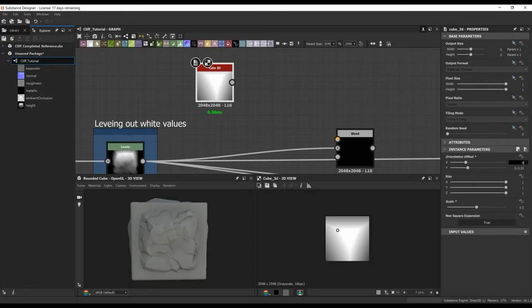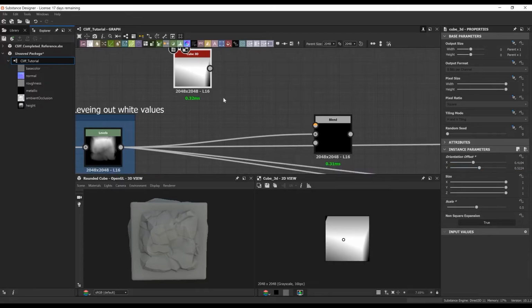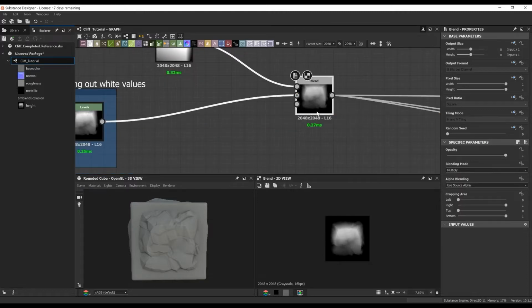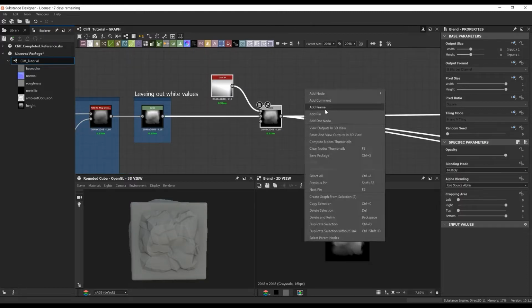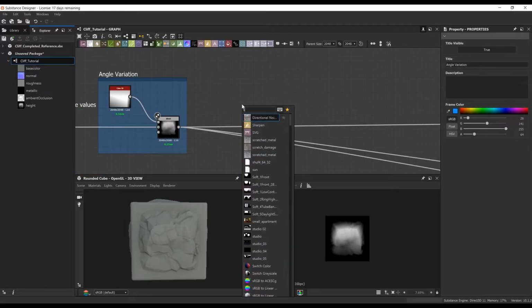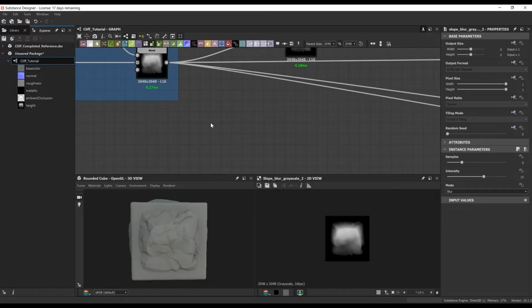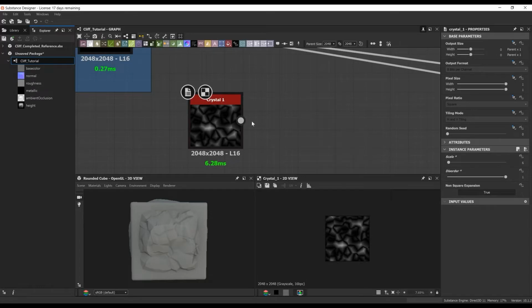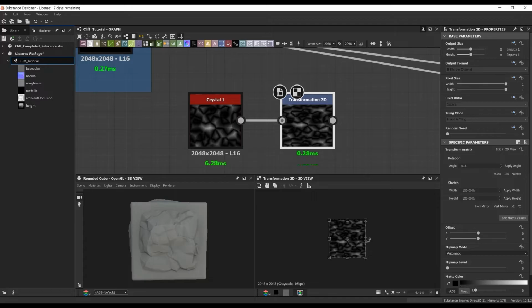Next up, I bring in a cube 3D and I mess with the orientation and scale. You guys feel free to mess with this one right here. It's up to you what you want to do here. And then I'm just going to blend it again. And this, again, gives us a little bit more control on the angle variation. It's similar to what we were doing with the gradient, but because it's a cube 3D, we're getting a little bit more variation in there.